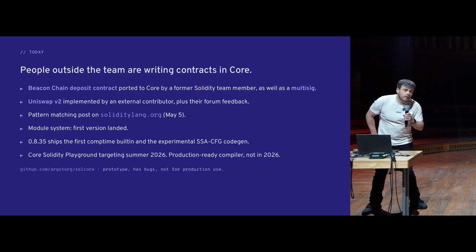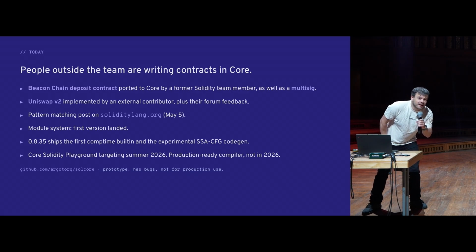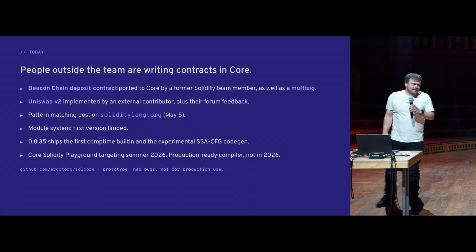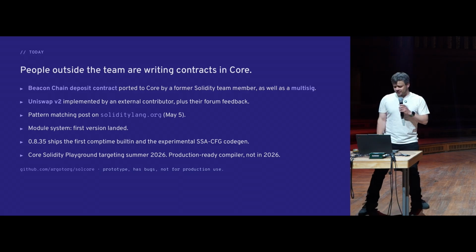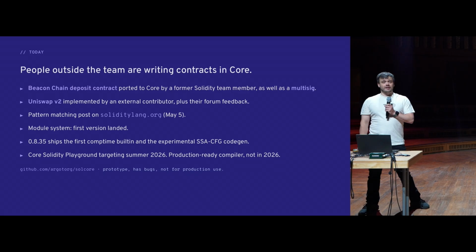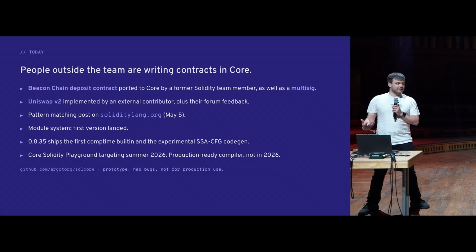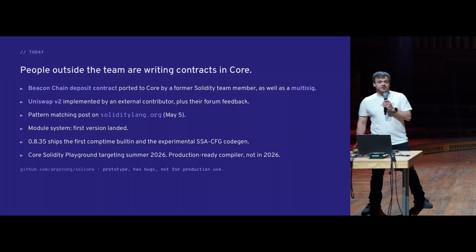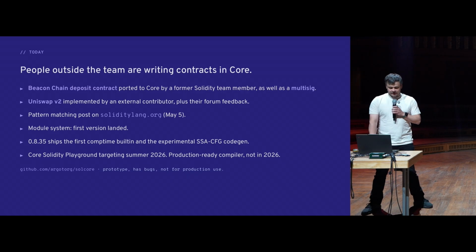Of Classic or Core? Sorry? I don't know if there will ever be a version 1. I think the team got into some interesting versioning way back, and now we have 0.8.35, which we should probably have gotten rid of the 0 on, right? But that's too late by now.